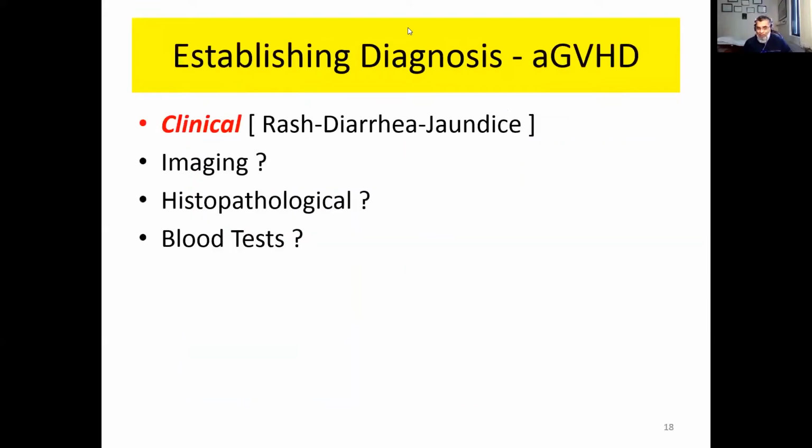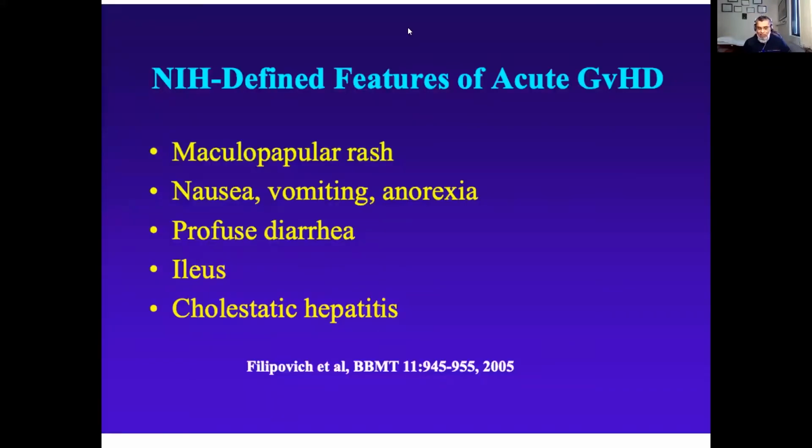How do we establish the diagnosis in 2021? Practically and realistically speaking, it still remains clinical. Your patient has rash, diarrhea, jaundice, you suspect acute GVHD. There are things that aid you like imaging, histopathology, and maybe blood tests someday. But right now, I think the bulk of diagnosis of acute GVHD remains clinical with maculopapular rash, gut findings,